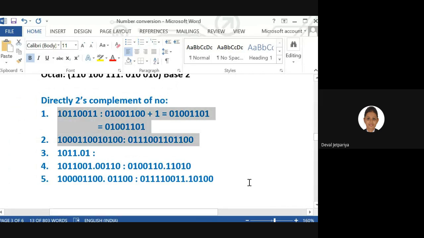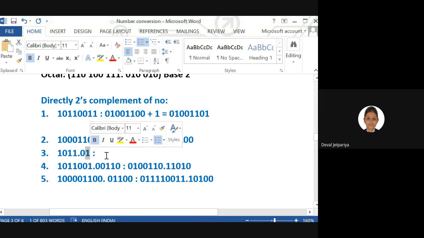Yes or no? Yes, ma'am. Okay. Let me do one more for this type of data. Again, the approach will remain the same. You need to start with this. So the first one as it is. Before that, whatever data is there, you need to convert it into your one's complement.